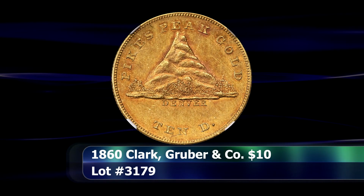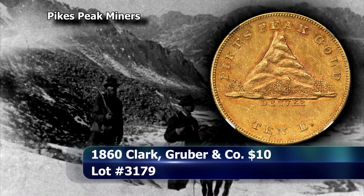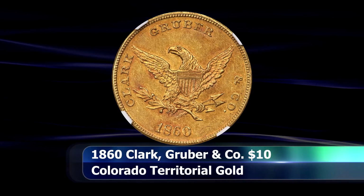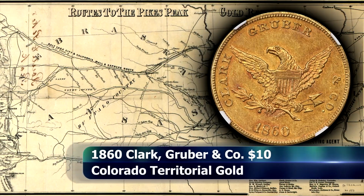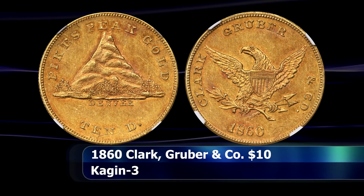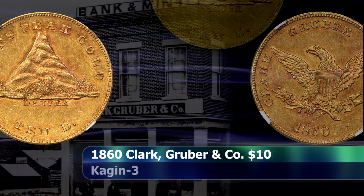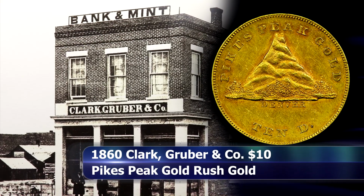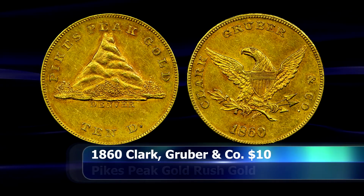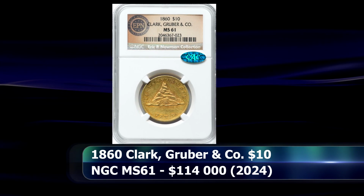Shortly after the discovery of gold at Pikes Peak and the Colorado gold rush that ensued, the firm of Clark, Gruber and Company was established primarily as a banking firm. They soon became the go-to firm, with a well-earned reputation for honesty, for speculators to sell their gold dust and nuggets. But shipping the raw gold to Philadelphia or San Francisco for coining proved both expensive and time-consuming. So, in 1860, they decided that there was no reason why they couldn't just turn the gold into coins themselves. This 1860 dated $10 coin survives today in a grade of MS61 and was sold at auction for the sum of